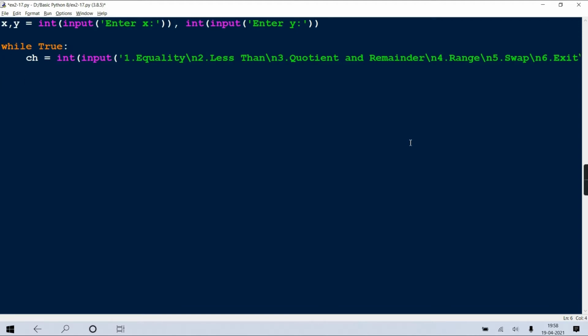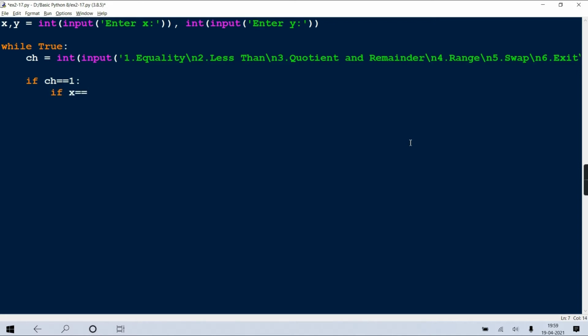Now we'll pass this choice to if, as in C or C++ or Java we pass to switch case. So here we are just going to check it with if. Now, as I said, 3.9 has introduced one match concept, which is very much similar to switch case. Okay? If possible, at the end of the course I'll show you that syntax also, just for your information. You should know that this latest version has introduced that thing also. Okay?